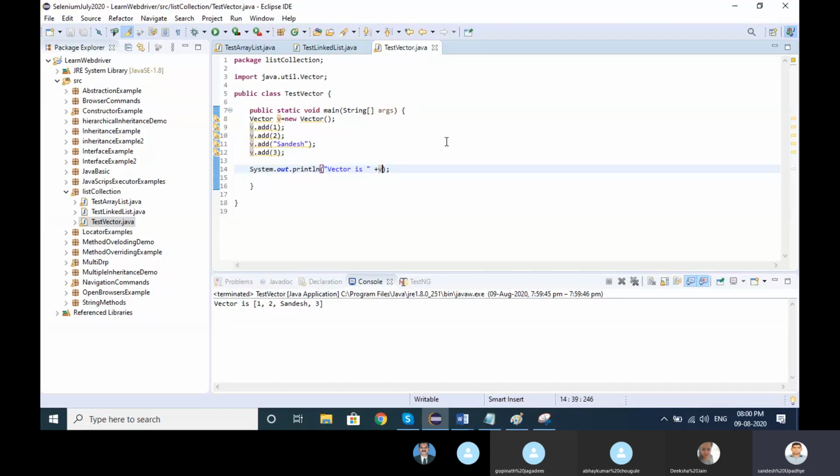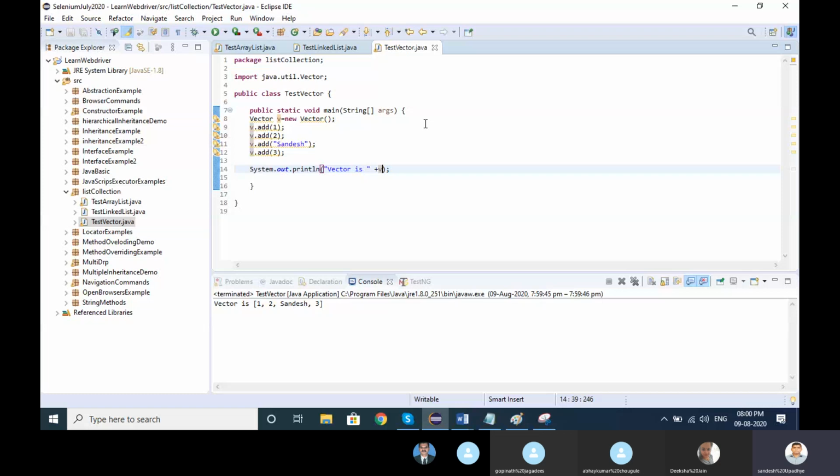ArrayList and Vector are similar, but ArrayList is a little bit faster because it is storing in arrays, while Vector is not storing internally in arrays. So whatever we learned, the List interface has ArrayList, Vector and LinkedList, three classes. The thumb rule is that it holds duplicate content.